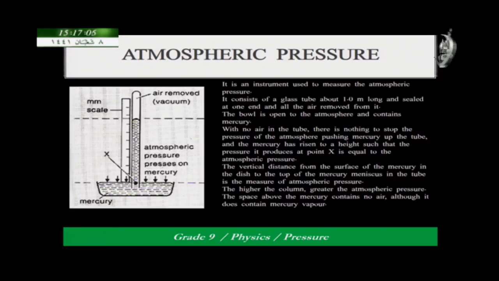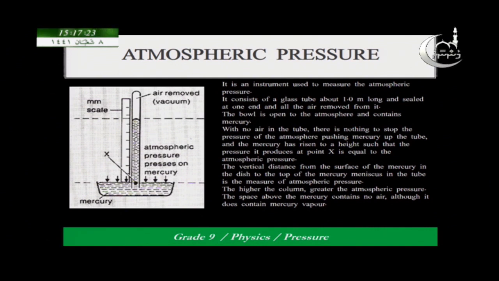Air is removed from it. The bowl is open to atmosphere and contains mercury. With no air in the tube, there is nothing to stop the pressure of the atmosphere pushing up the tube, and the mercury has risen to a height such that the pressure it produces at point X is equal to